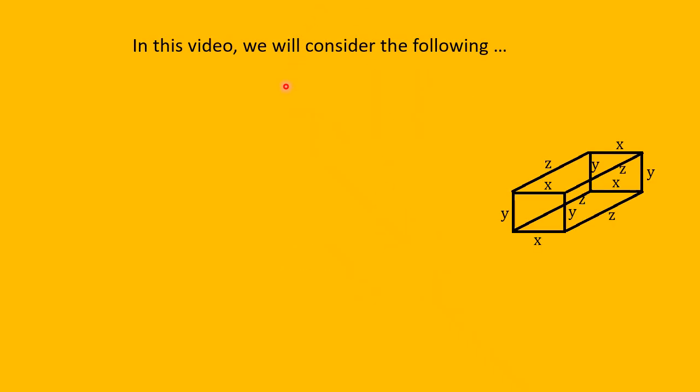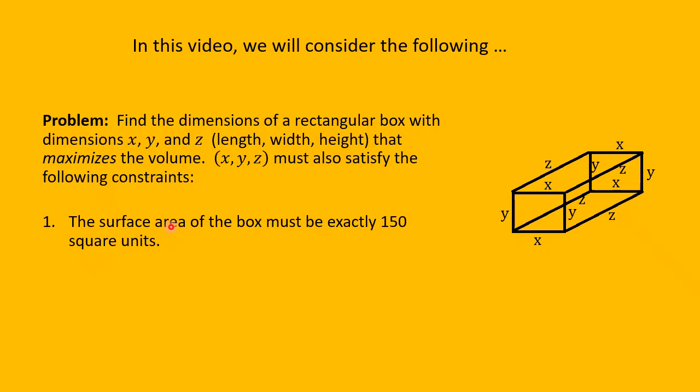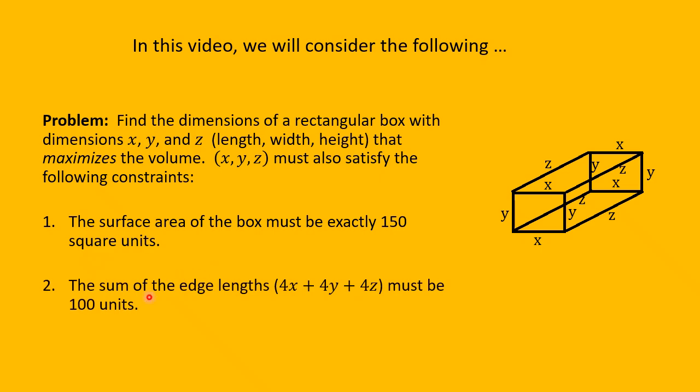To illustrate the method that we're going to be adopting, we will consider the following problem. Find the dimensions of a rectangular box with dimensions x, y, and z, length, width, and height, that maximizes the volume. X, y, and z must also satisfy the following constraints. First, the surface area of the box must be exactly 150 square units, whatever unit we are using for measuring lengths. And secondly, the sum of the edges, the length of the edges, 4x plus 4y plus 4z,